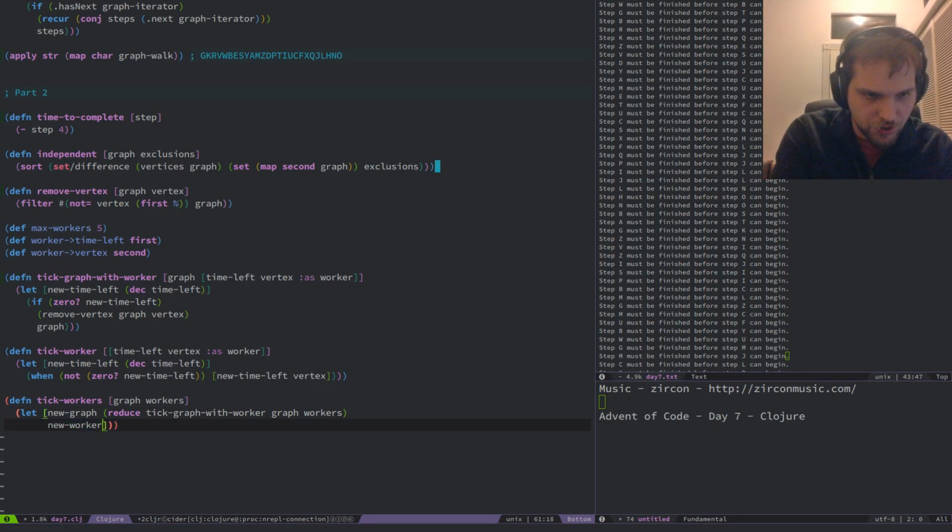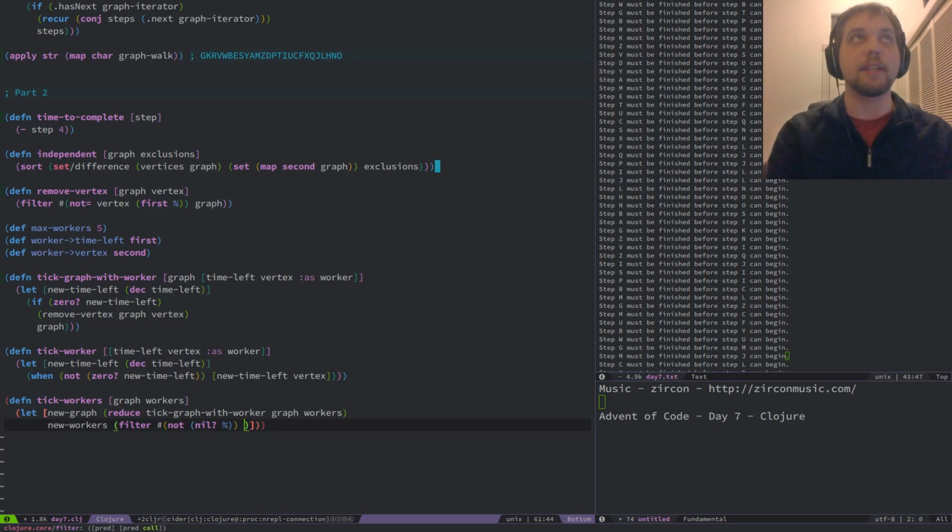New workers is filter. I still swear that there's a way to filter out only to non-nil things, but I still can't find it when I looked briefly. Map tick worker on workers.